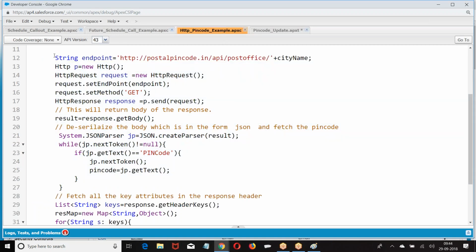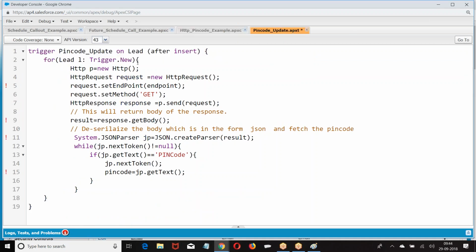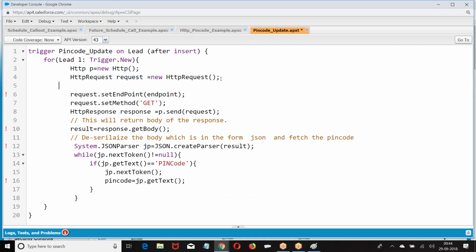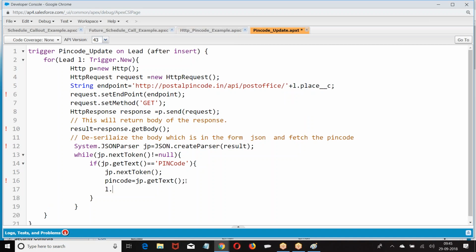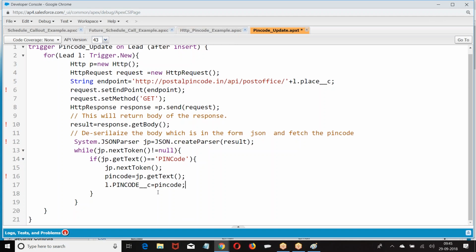Let us take the endpoint URL here. Pin code update.